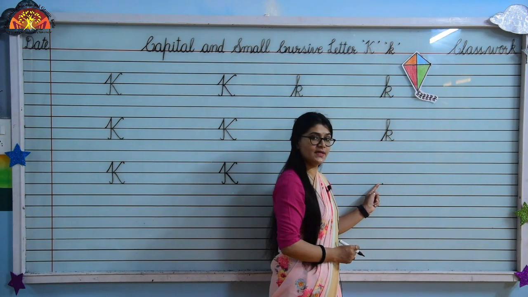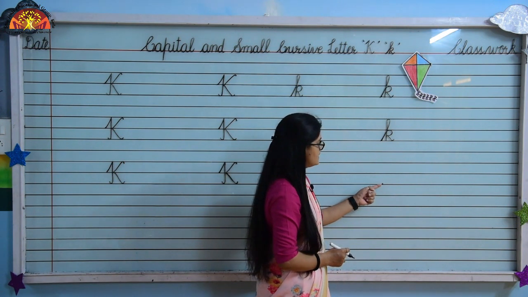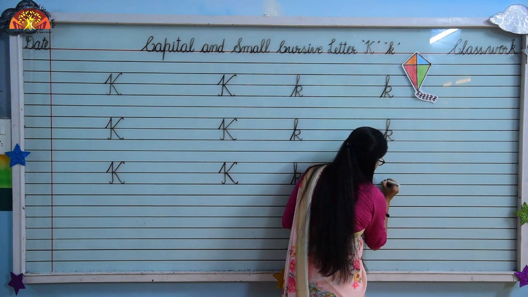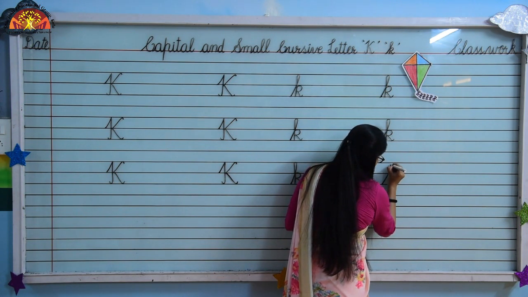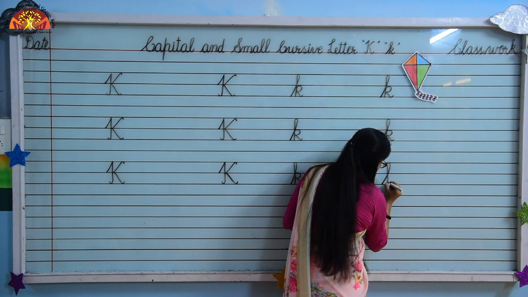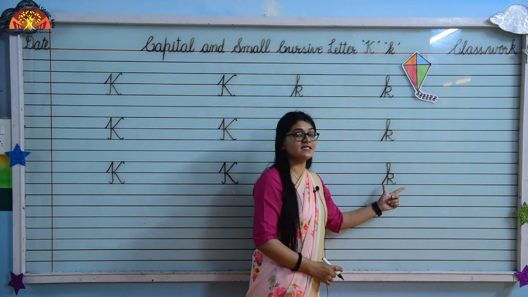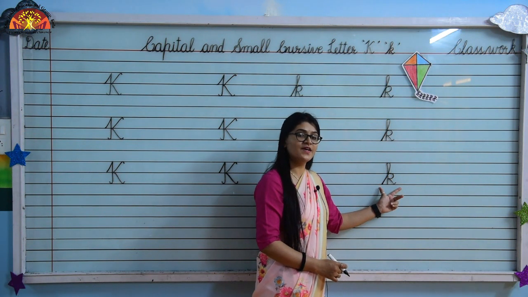Now let's write one last time. So put your pencil on third line and draw slanting line, touch the first line, loop, standing line, touch the third line, moving up with same line. And now between the second and third line, we will draw a small curve and slanting line and touch the third line, turn. So tell me kids, which letter is this? This is small cursive K.